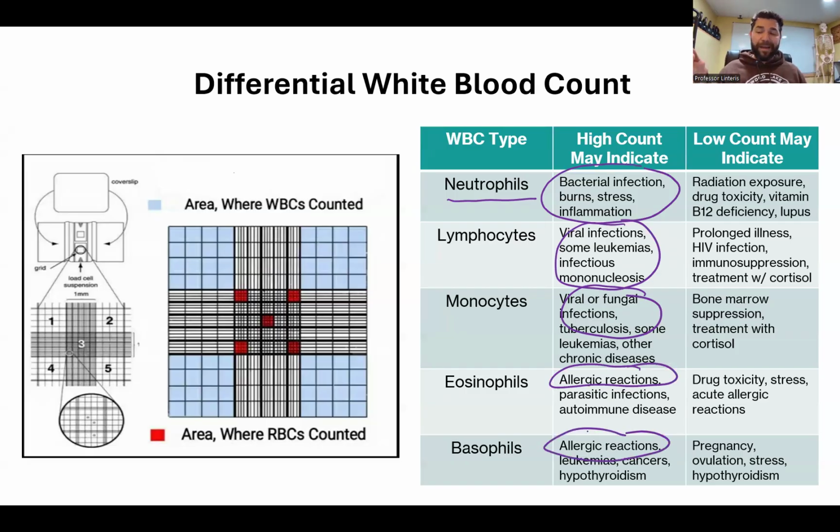And you don't have to memorize every single thing, but just kind of understanding what a differential white blood cell count is. And then obviously, as we go through each cell type, you're going to know what it kills. So